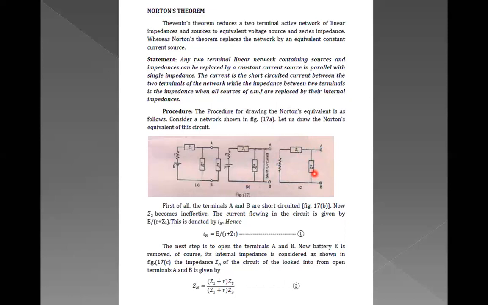Isn't it? So if you solve that, this is Zn, right? So 1 by Zn should be equal to 1 by (R plus Z1) plus 1 by Z2. And mathematically, if you solve it, Zn will come as (R plus Z1) into Z2 divided by